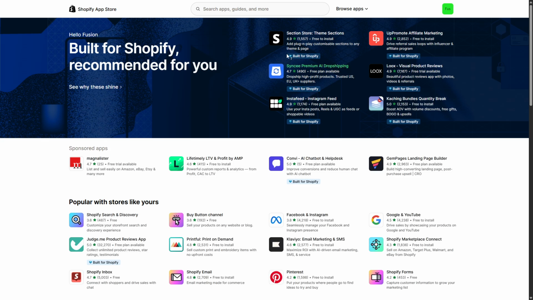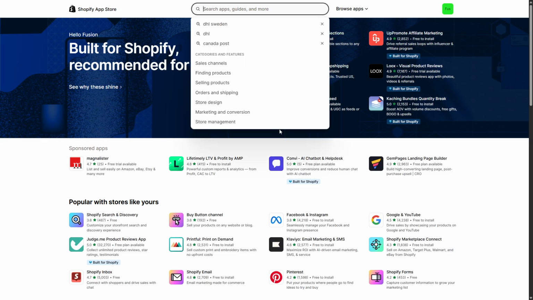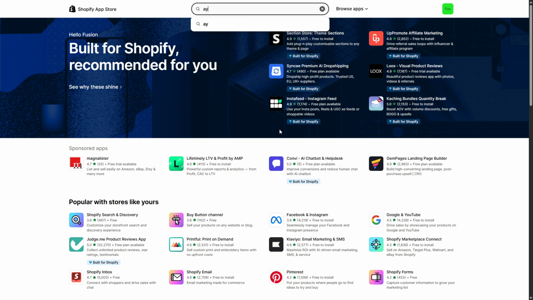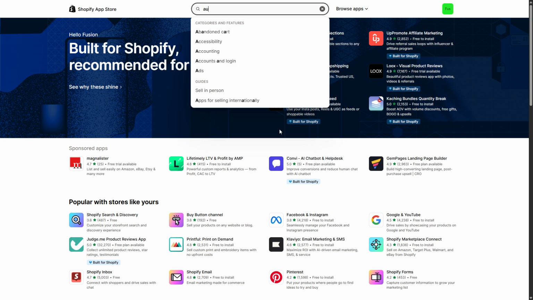Now, you will see a subscription approval page pop up. Here, you will be required to give your consent by clicking on the Approve button for the app to be activated. Now that we have the app installed and ready, the next step is to set up your Australia Post